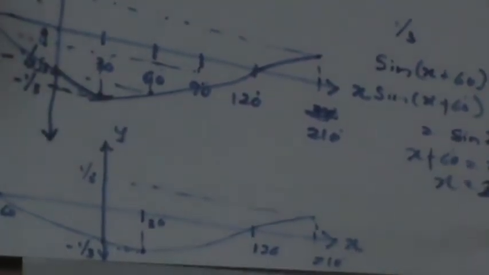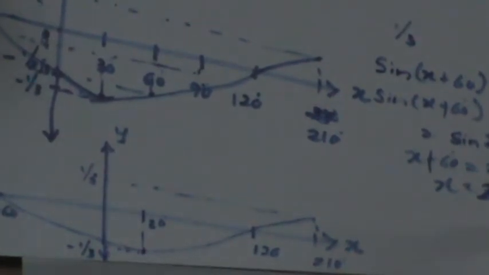You need to draw the graph y equals sin x. I didn't draw the graph y equals sin x because you may already know by now, but I think you fellows know that you don't need to draw the graph of y equals sin x again. So I drew the graph of this one. So I took x like this, and then I took x plus 60. I need x plus 60.